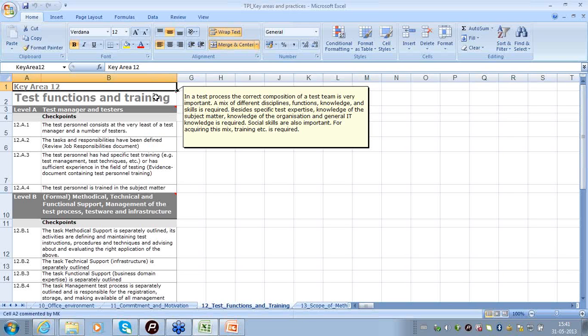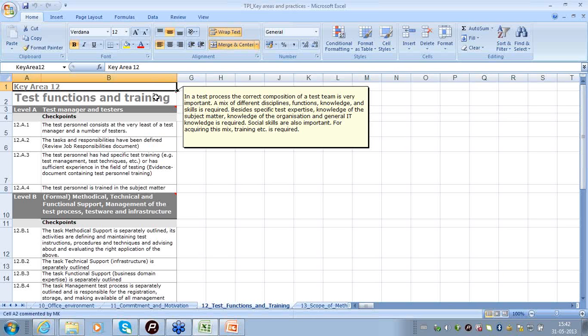It says people should be from multiple disciplines, functions, and some of them have to be experts in the given domain. Some of them should have very good knowledge about the product which is being developed. Some of them should have very good soft skills. So a mix of all these skill sets